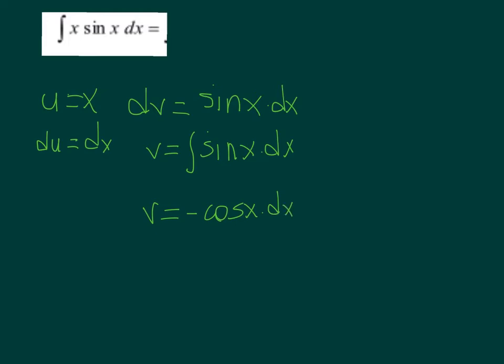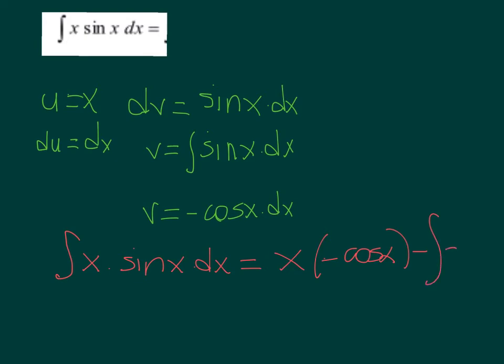So now that we have u, dv, du, and v, let's use the formula. The formula says that the integral of u times dv is equal to u times v minus the integral of v times du, which is dx. And I'm sorry if I didn't have enough space, but I will write only the right side of the equation,